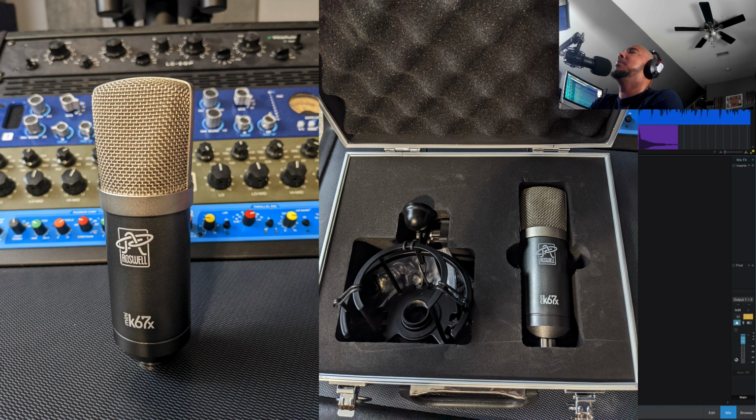But final thoughts on the Mini K67x. This is absolutely my favorite Mini K mic for vocals. The saturation that you get is not too much. It doesn't add too much color. It's just a nice balance there, a nice amount of color, because like I said, a lot of times when you're adding color, you're losing clarity at the same time,